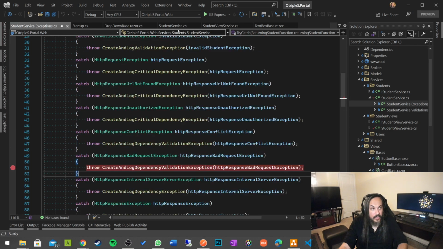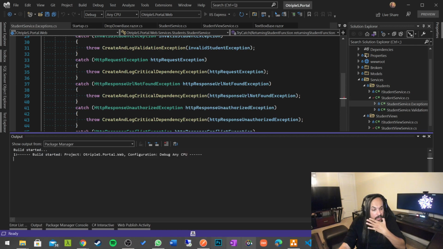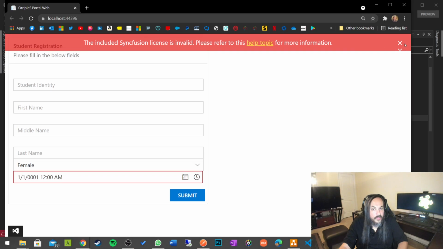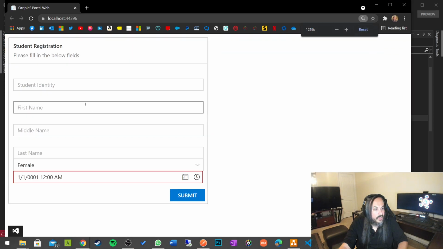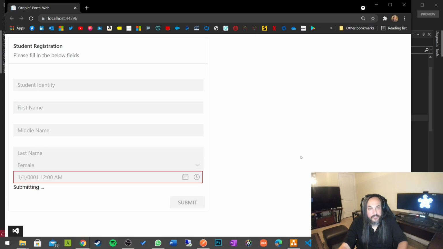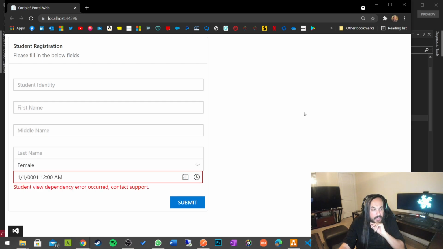Okay, let's do that. I think my API is running, so let's run our beautiful Blazor. If you're following my Blazor series, you'll notice that our UI now looks a lot better. We're using this Syncfusion library that's making things a lot better. So here's my Syncfusion library, and I'm not going to enter anything. I'm just going to go up in here and click submit. And that's of course going to throw an exception on the API. And when it does,